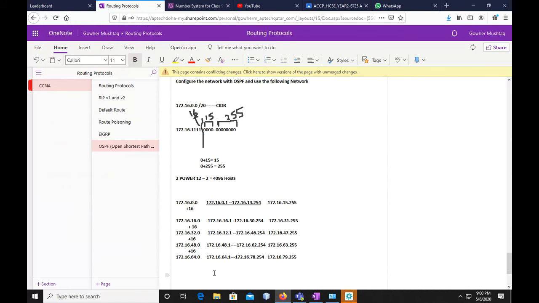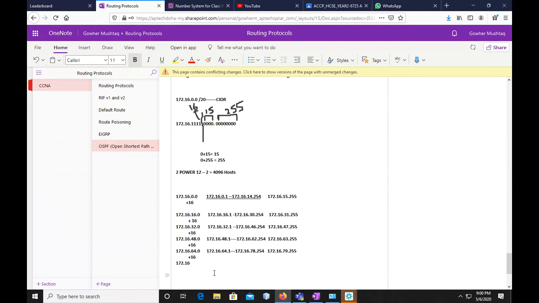Again, we will go and add plus 16. How many subnets do we have to make? 8. So plus 16, and then calculate another subnet, which is 64 plus 16. How much is it? It's 80. Directly, if you just check, it will be the number after 79. So simply it will be 80.0, and then if you have to calculate the broadcast,